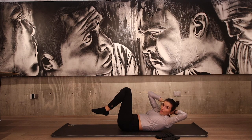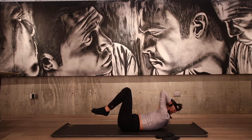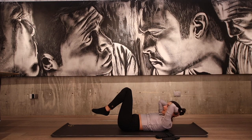Feeling your armpit reaching up and over to your opposite knee. So we're really getting your obliques to activate here. 4, 7,